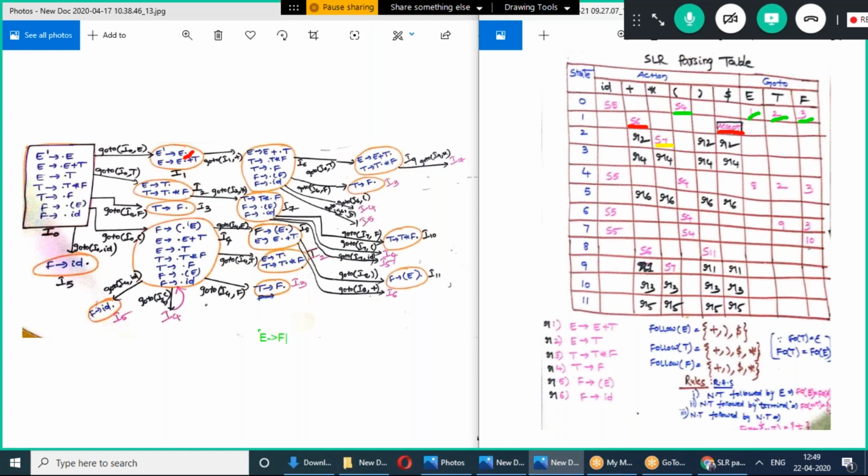Suppose it is like this, F plus T, and we want to find the follow of F. After F there is a plus, which is a terminal symbol. If there is any terminal symbol after the non-terminal, then that terminal symbol has to be written as the follow of F.